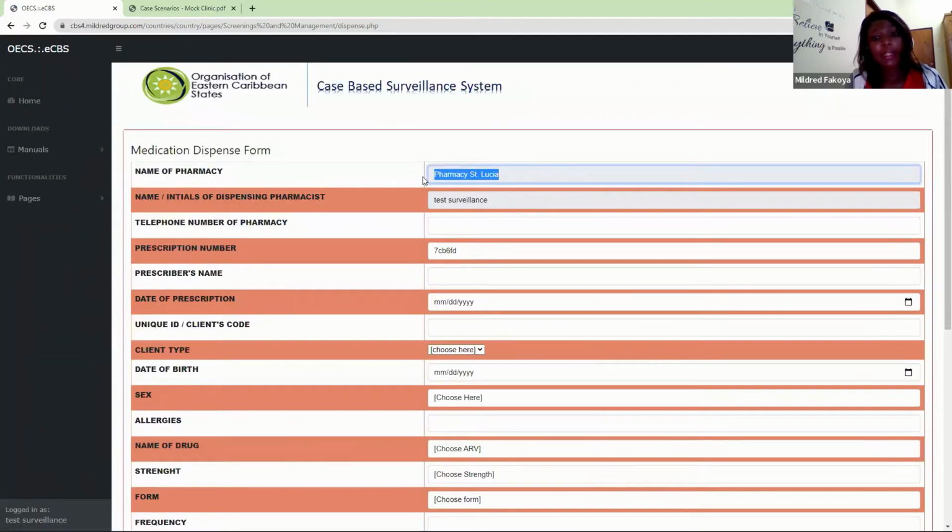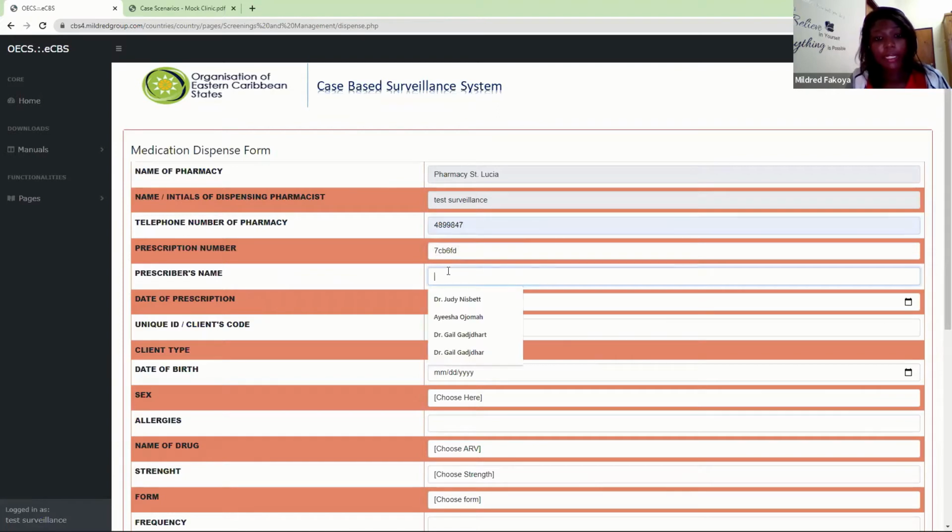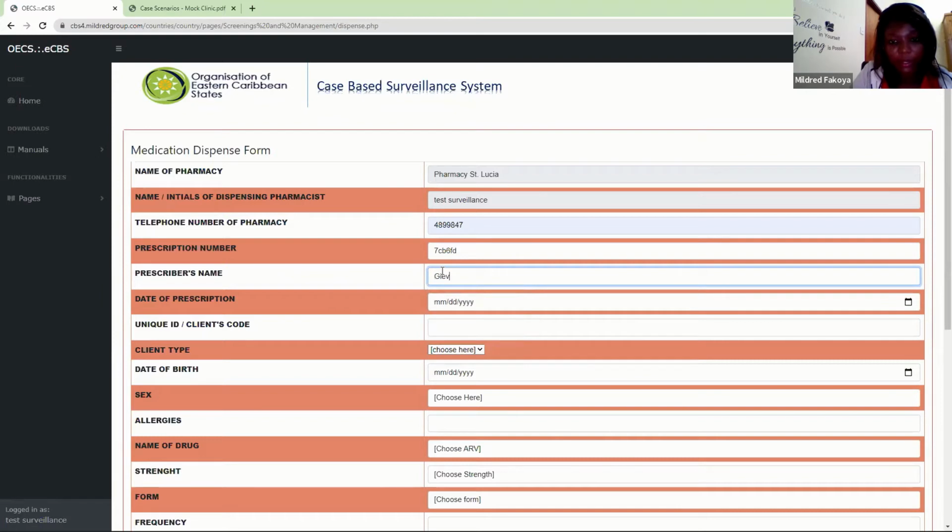The pharmacy that I'm currently assigned to is here by default. And if this is not my current pharmacy, I will go back to my home page and switch my pharmacy. The telephone number of the pharmacy, the prescriber's name, let's say... the date of prescription is today, is yesterday, 2022. The unique ID of the client is SVG 500. The client type